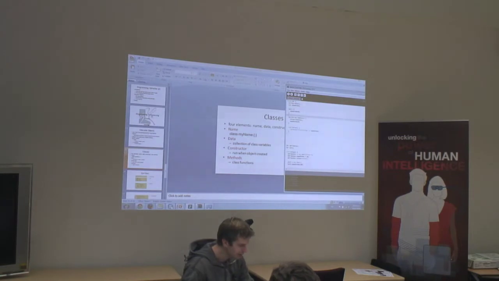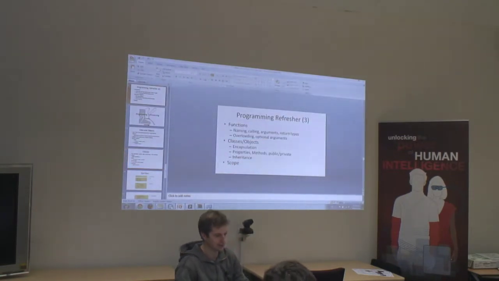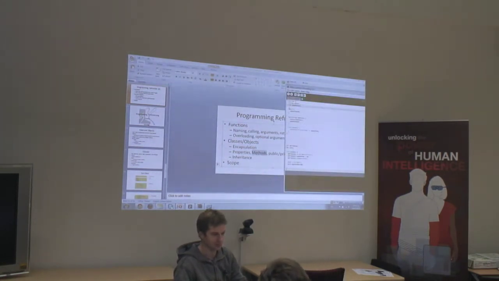Now, we've looked at the idea of encapsulation, we've looked at properties and methods, so that's the properties of the data basically, and the methods are the things you call. The only thing we didn't cover here is the idea of public and private. We talked about scope before, how we can say, okay, here's the scope of these methods, string and color. We look for the outermost encapsulating brackets, and it's these ones here. So I can access them by calling Adrian's car speed in kilometers, Adrian's car.color. But let's say there's something,